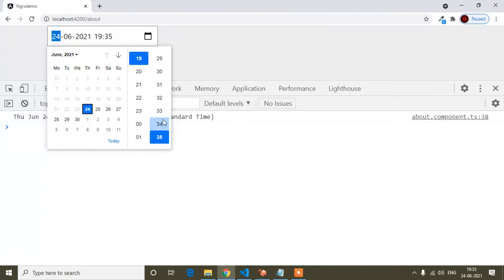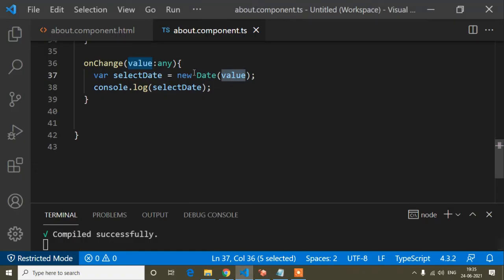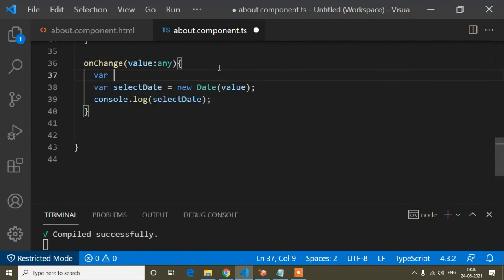Okay, so that's why here I will write another variable, var todayDate equals new Date, like this. So today's date is 24.